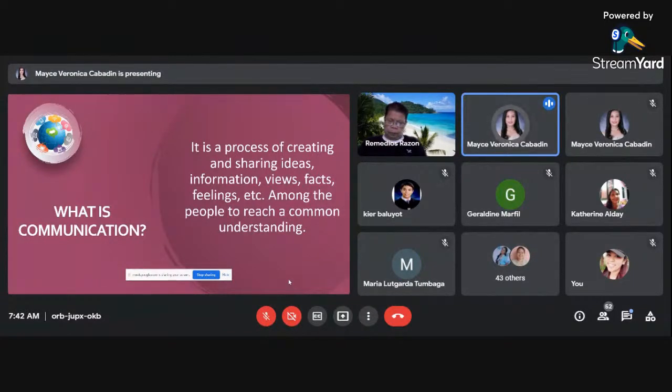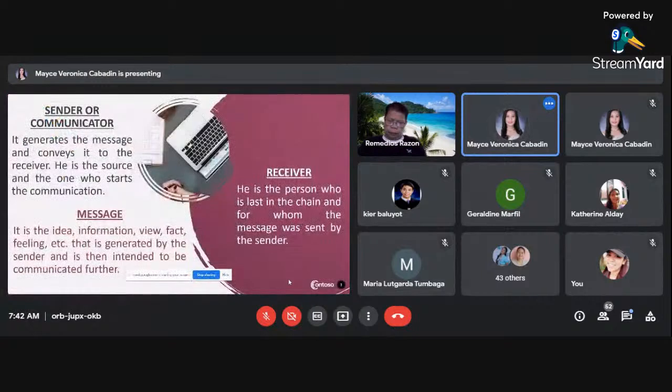So there are three things that we have to consider when it comes to communication, or shall we say the three components of communication. So these were identified as the sender or communicator, the message, and the receiver. So the sender generates the message and conveys it to the receiver. He is the source and the one who starts the communication.